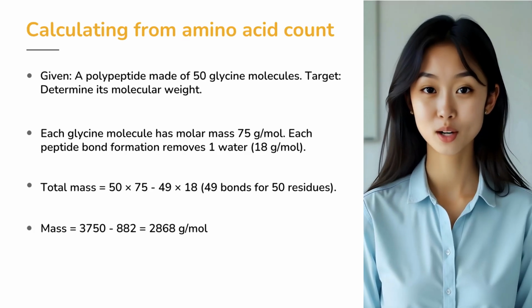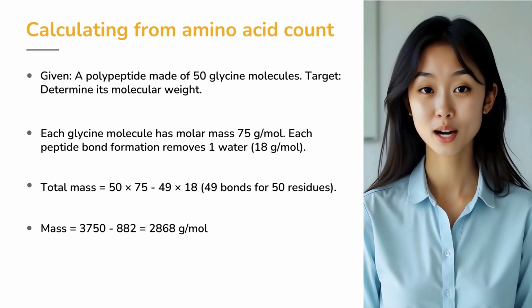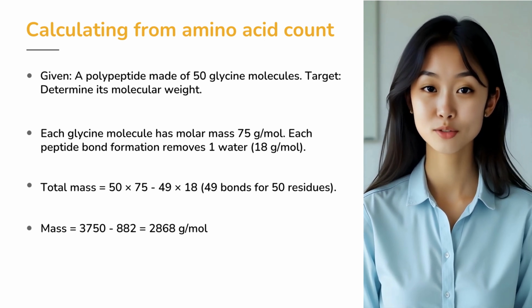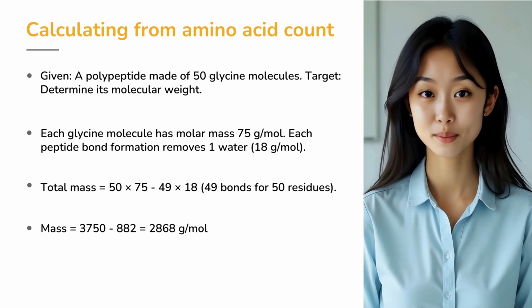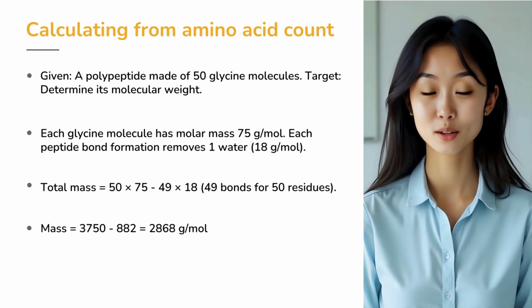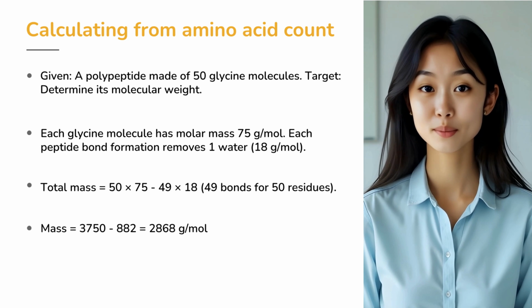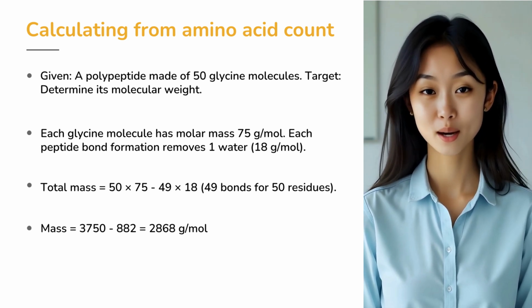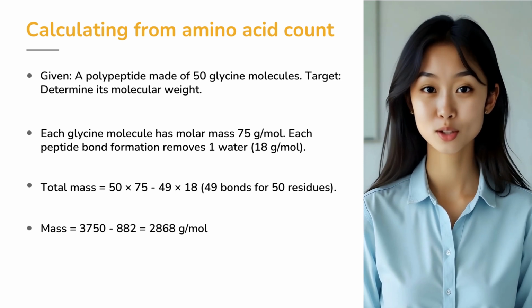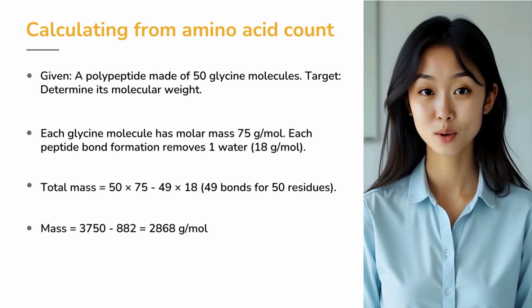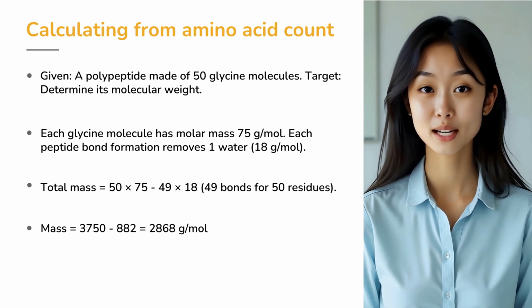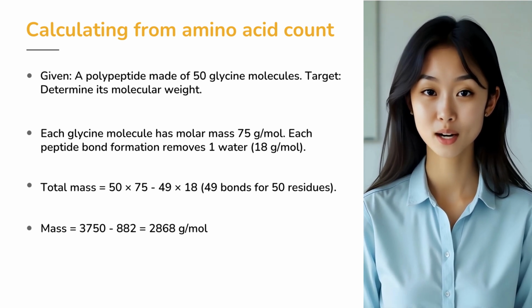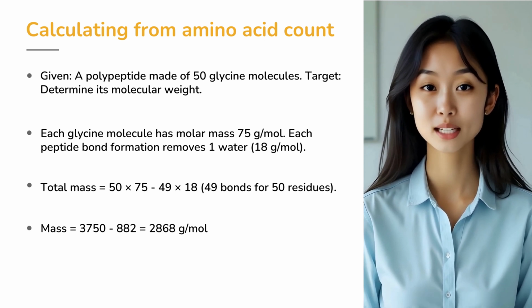Time for some number crunching. Suppose you have a polypeptide chain made up of 50 glycine molecules and you want to find its molecular weight. Each glycine has a molar mass of 75 grams per mole. But here's the catch. The formation of peptide bonds between amino acids removes water molecules, each weighing 18 grams per mole. Since 20 amino acids form 19 peptide bonds, for 50 residues, there are 49 peptide bonds, each subtracting a